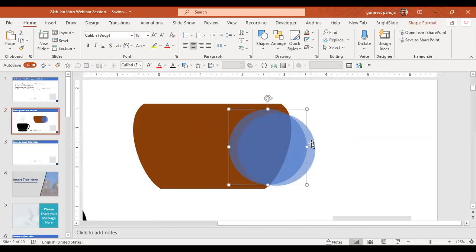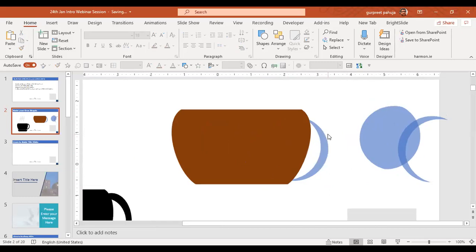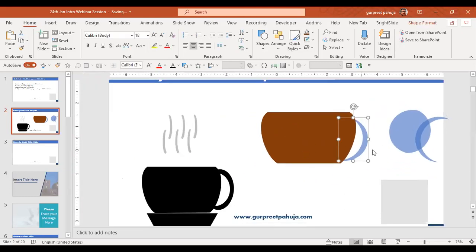Now I will select both of them. I will go to the merge shapes and I will do fragment. I will send this to back. There's a different shape. We can make something like this also, and we can make this also. What I can do is I can make that only.